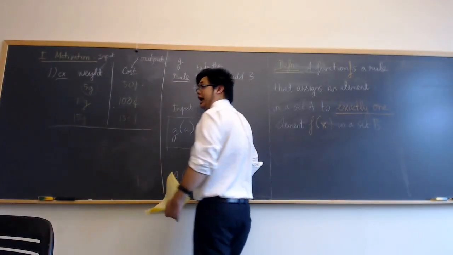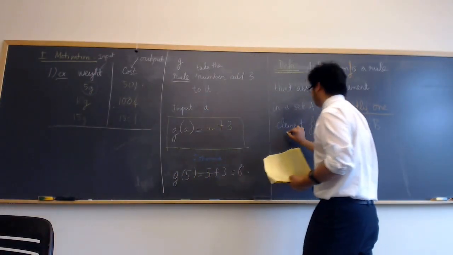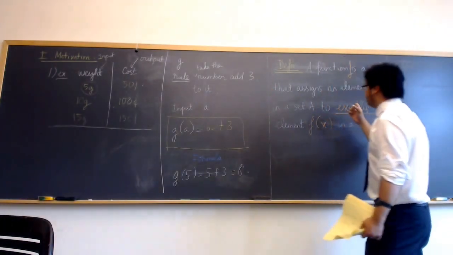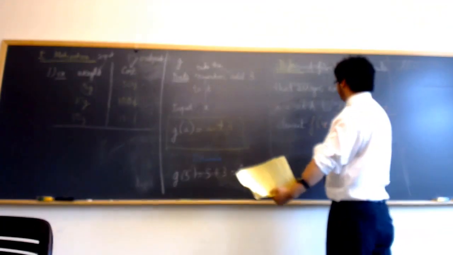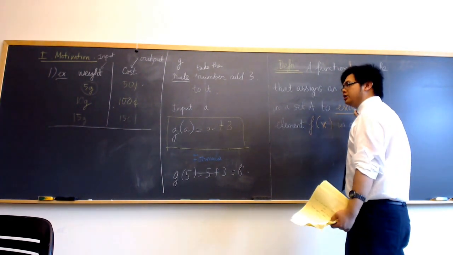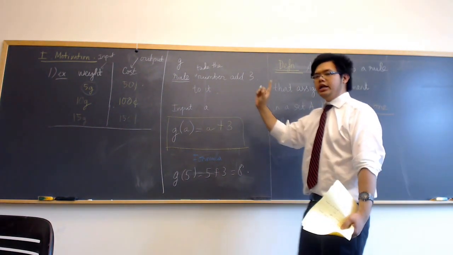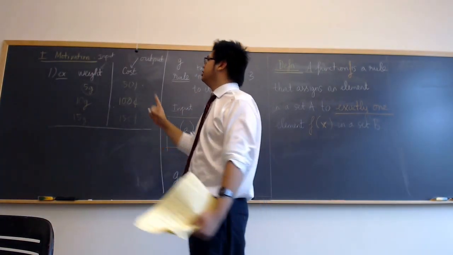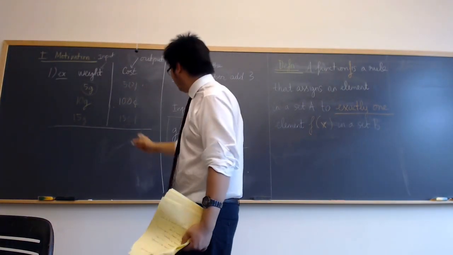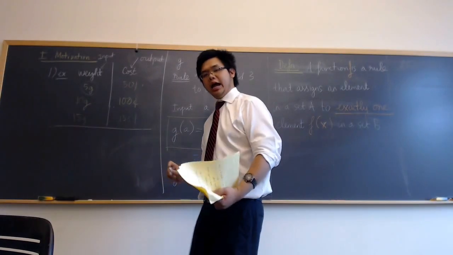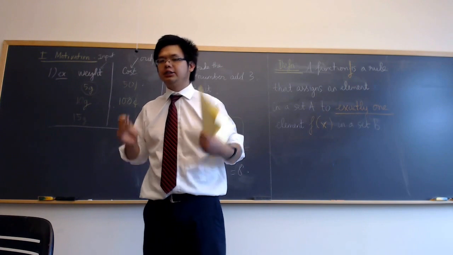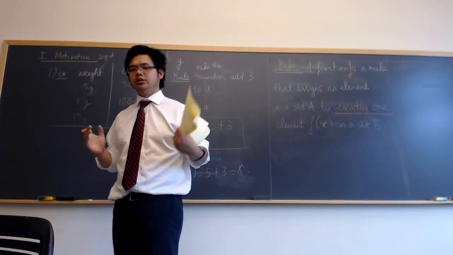But to recap, the most important thing that we learn in this section is what a function is, the definition of a function. And the most important thing is you only have one output for each input that you have. You cannot have, I repeat again, you cannot have 2 outputs for 1 input. That's the most important thing that I want you to leave the room